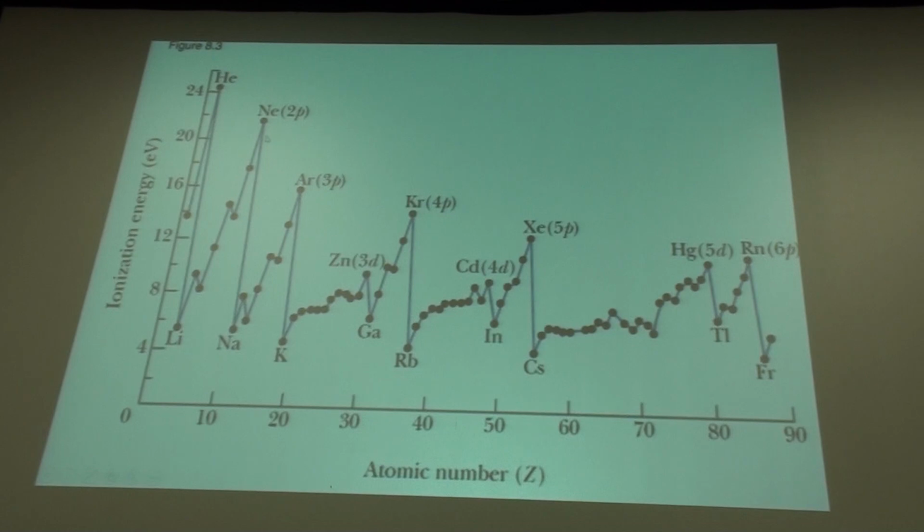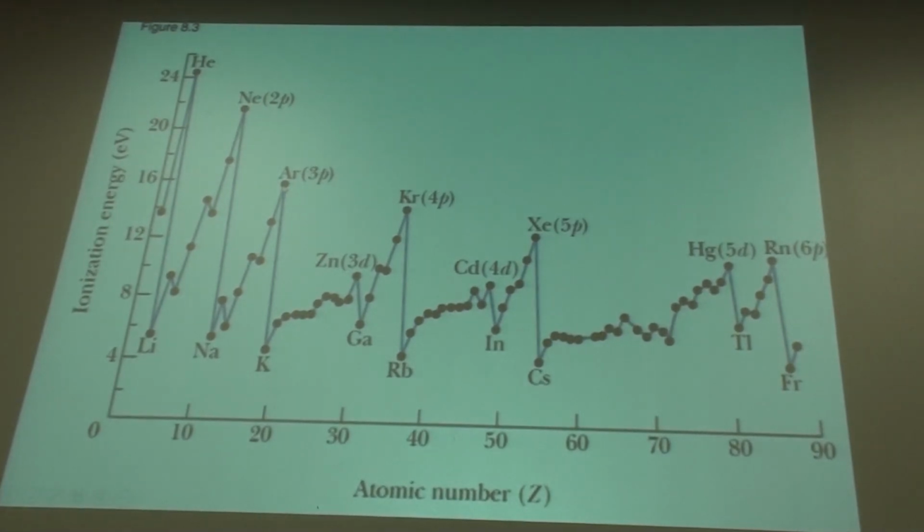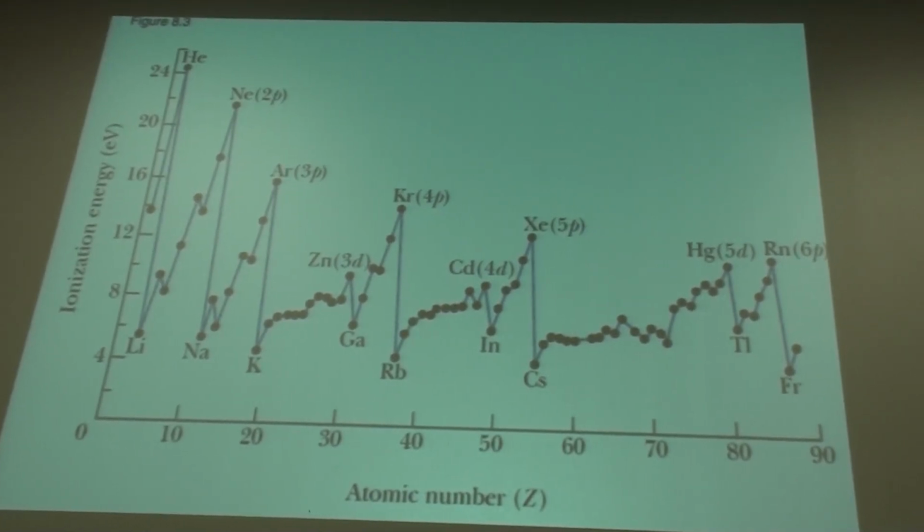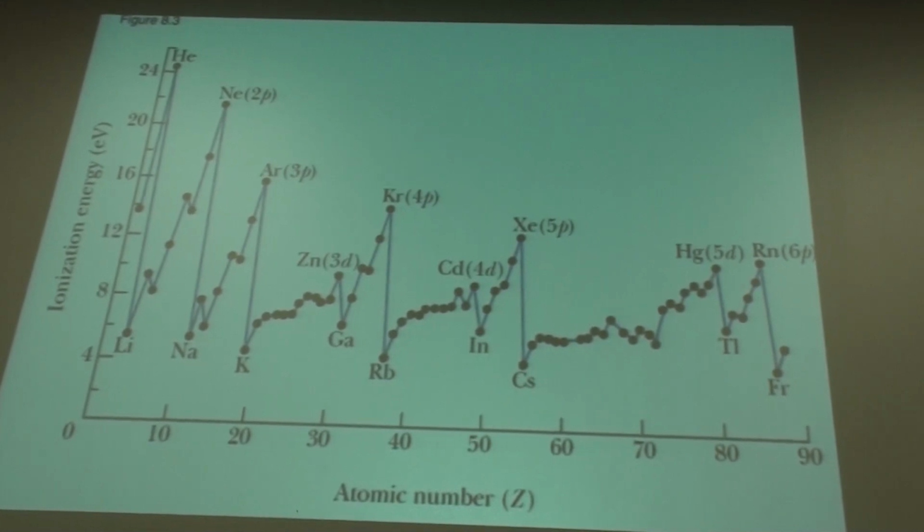Okay, because the noble gas not only has a filled subshell, but it has the maximum number of protons to hold the last electron in place, and so therefore it has very little combining power from a chemical point of view with other atoms. And then things get a little more complicated for larger values of the atomic number.